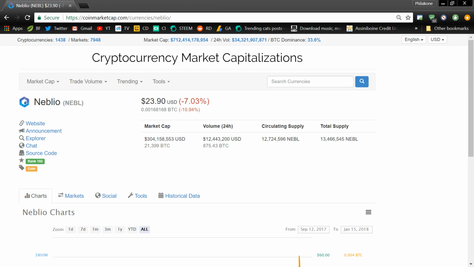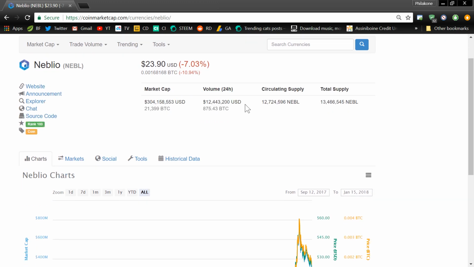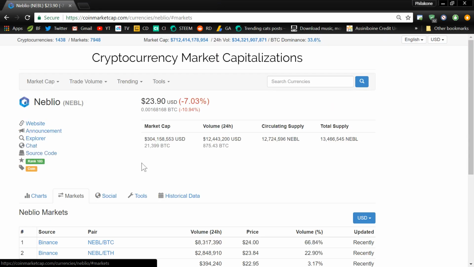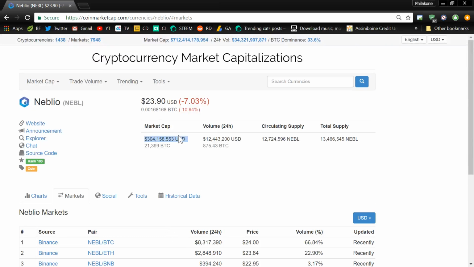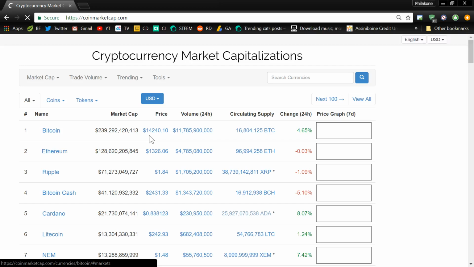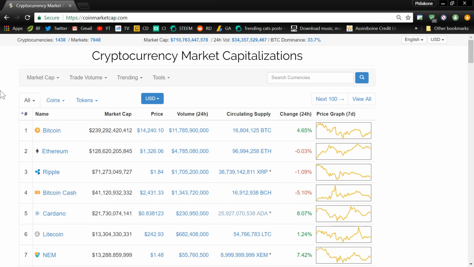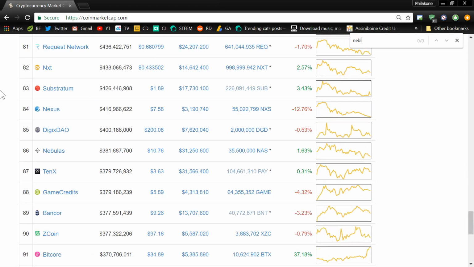But keep in mind that I am a technical analyst and I see price action and I look at history and in the charts itself, okay? So without further ado, NEBLIO, it's trading at a $12 million volume right now, mainly on Binance and a lot of the Asian markets as well, right? So it's got a $300 million market cap right now. And whether they're good coins fundamentally or not, we have to acknowledge the fact,